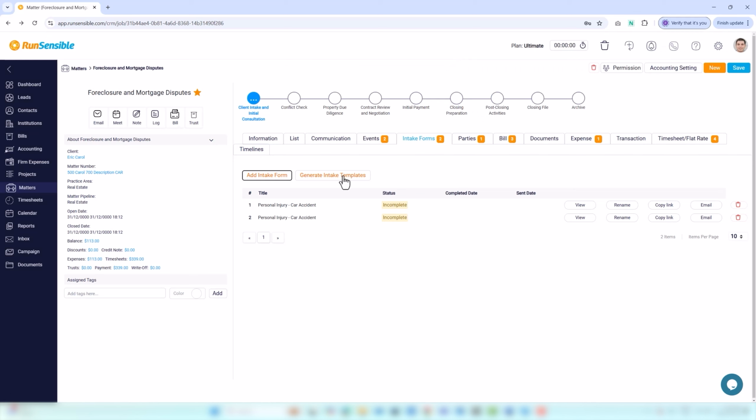If the available templates do not meet your needs, you can create a new intake form by clicking the Generate Intake Template button. This feature allows you to design a form from scratch, ensuring that it meets your specific requirements. Once you have created and saved this new template, it will be available in your template list for future use. You can then select this custom template and add it to the Matters Intake Form tab, just as you would